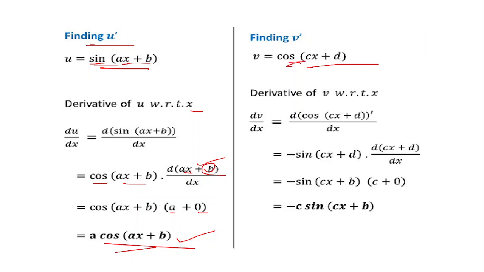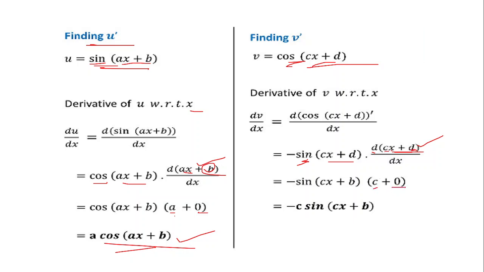So cos differentiation I know, minus sine, so minus sine of the inside term, cx plus d. Now I need to differentiate the inside term, cx plus d. So same way, separately differentiate. c into x differentiation is 1, c as it is will be there, d will be the constant, so